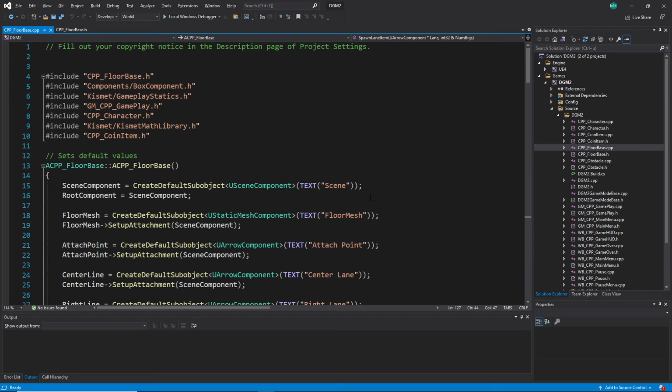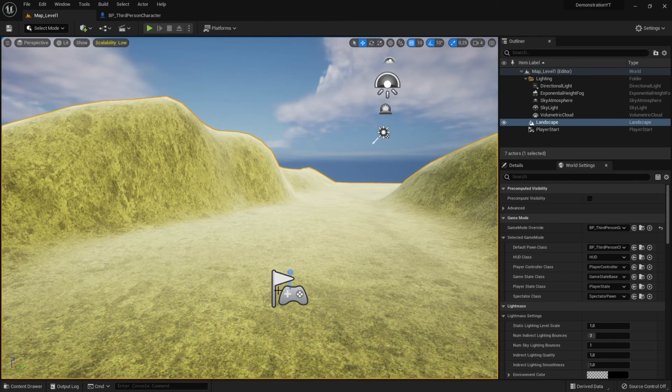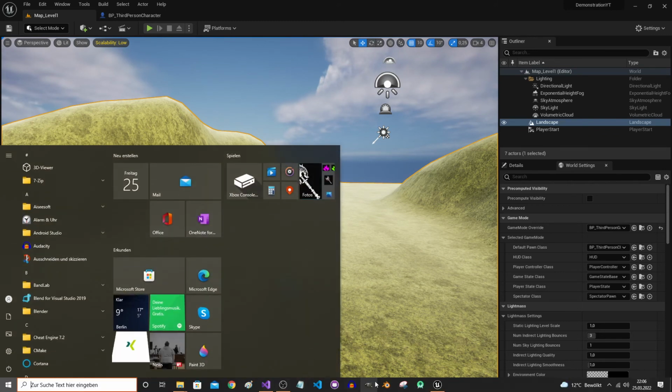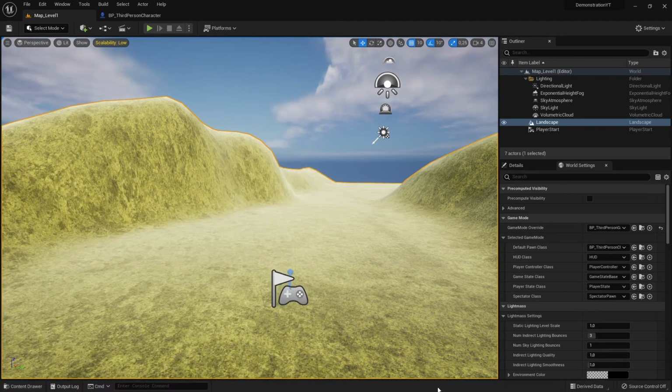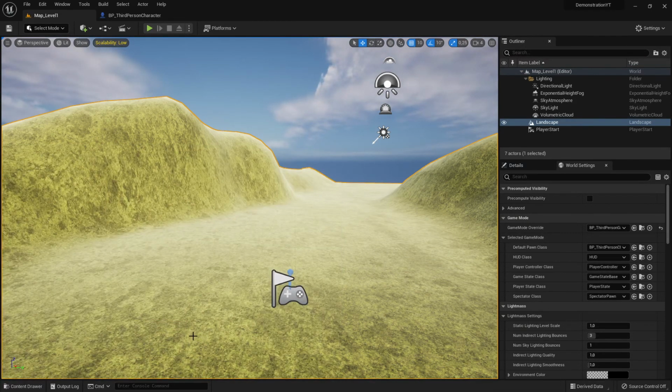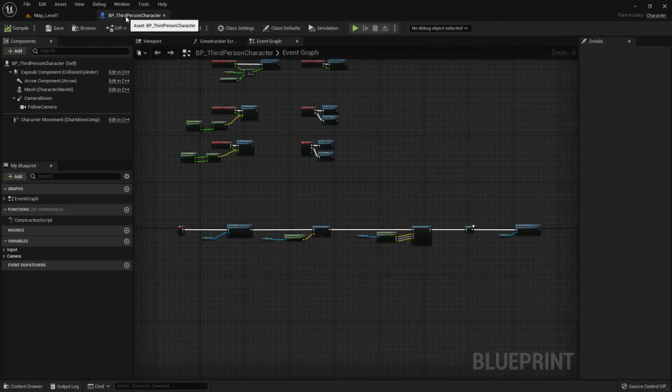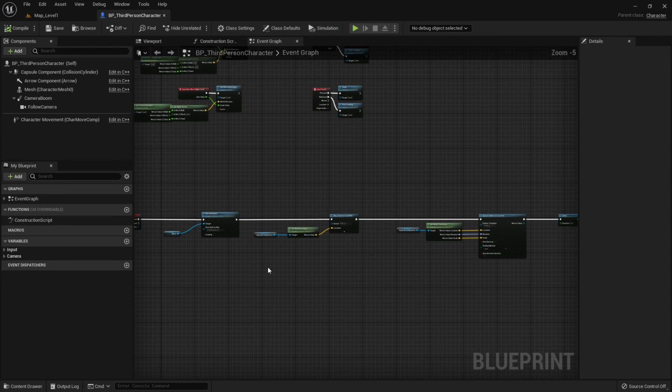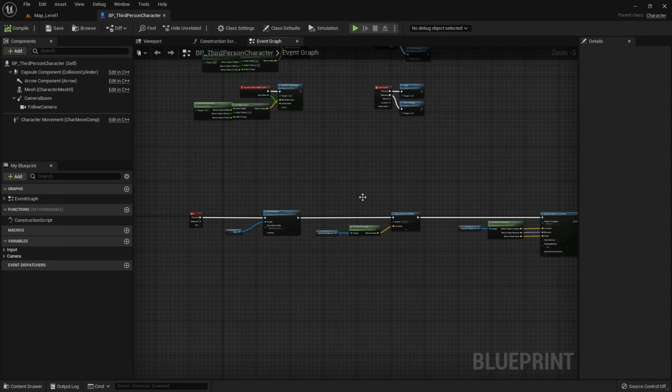But here, general rule, at start, I would say go for what I'm doing here, go for blueprint system, because even you are using later C++, you will need this one too,